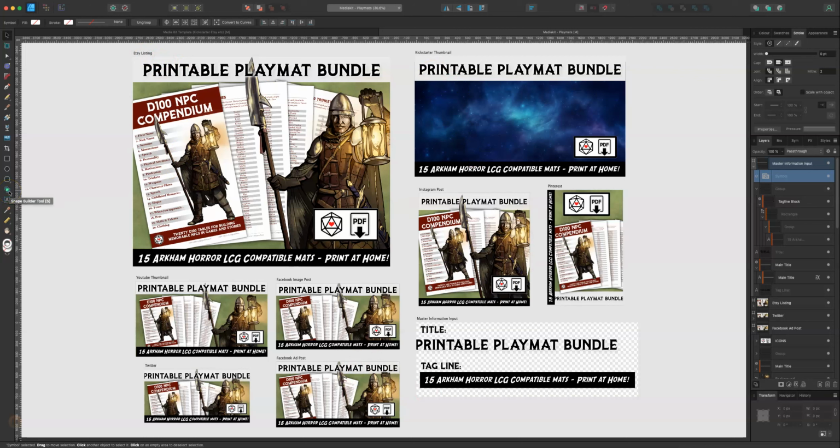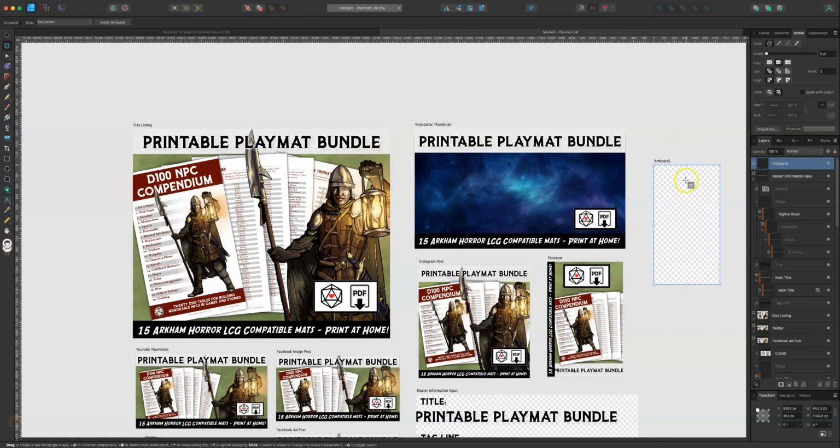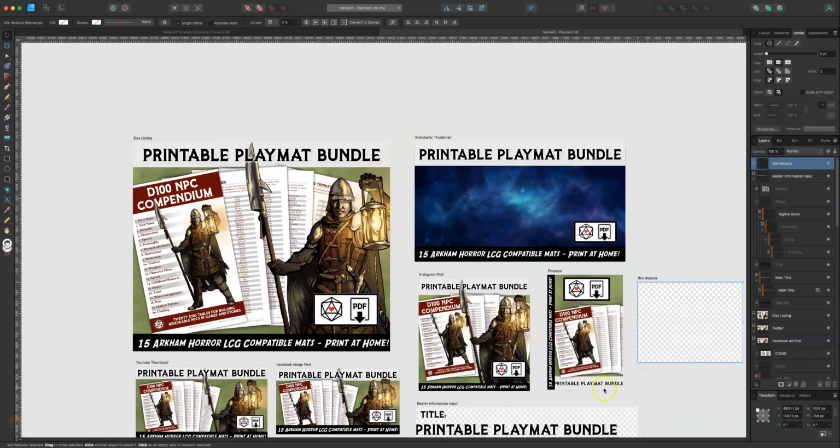So there's a little artboard panel here, and it allows you to create an extra area which can be exported separately. It arrives in as artboard 1, so you give it a useful name. Let's suppose I'm going to have some artwork for my Wix website. I'd give it a size, so I'll say it's 1024 by 768 perhaps. This can be then moved to a separate place, and then I could